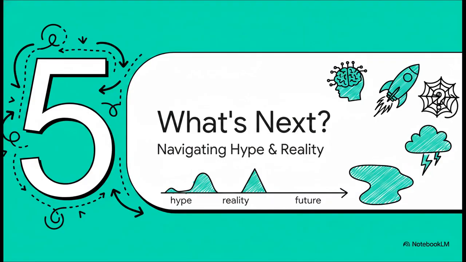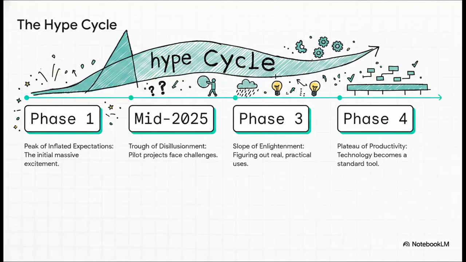So, where does all this leave us? We're in this intense moment of crazy hype, super fast development, and let's be honest, a good bit of anxiety. So, let's try to get some real perspective on what's coming next. This whole emotional roller coaster, the wild excitement mixed with fear, it actually follows a pretty familiar pattern for big technologies. This is the Gartner hype cycle.